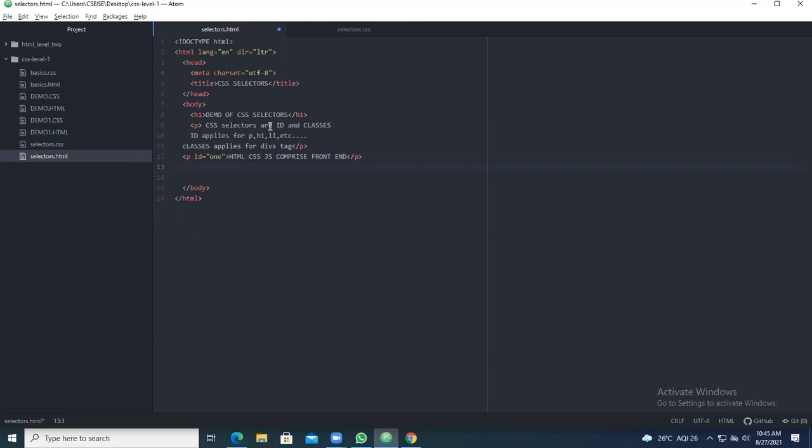The ID will come for paragraphs and headings. Here, without ID, I have given a paragraph, and along with ID, I have given the paragraph. Okay, so that is for ID. Now you come for the demo of the div class. So I will be taking, so type div.